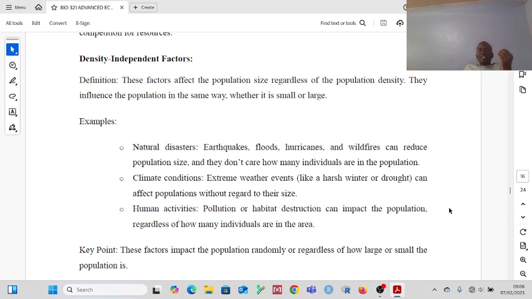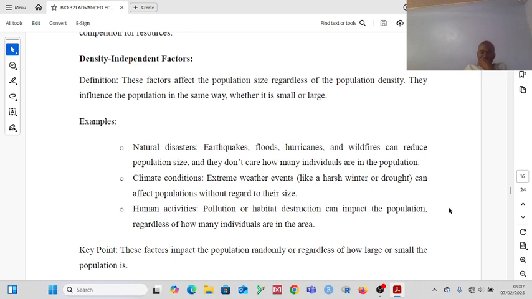When you are polluting an area by dumping waste, it doesn't matter if you are dumping in a town or dumping in a remote area. The number is not important. But the factor of pollution, the factor of habitat destruction will eventually lead to an impact in the population growth,